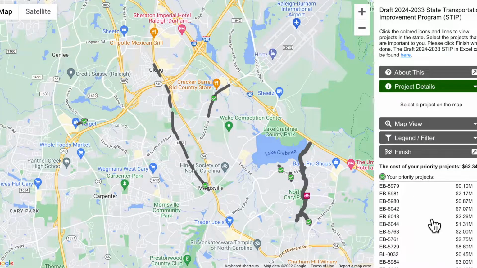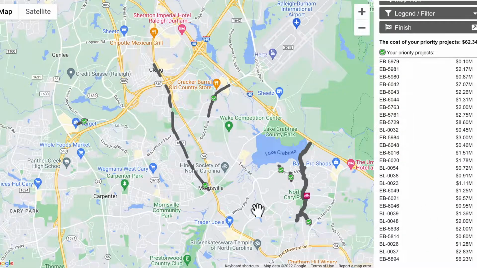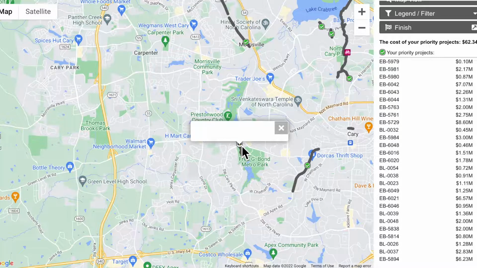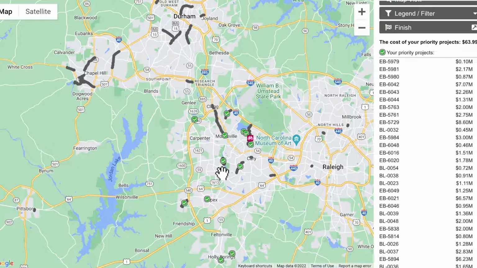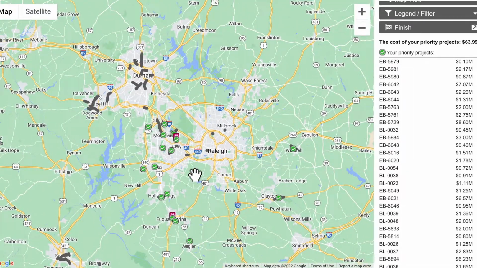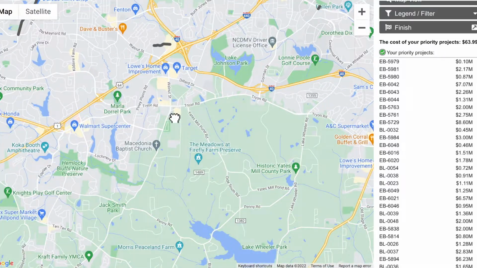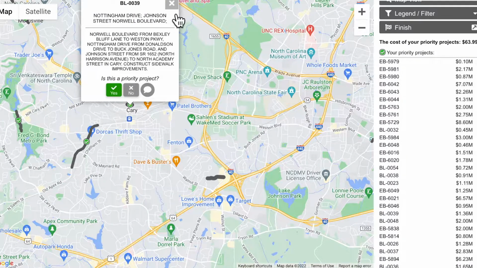So we're just cycling through here. We've gotten a list of projects. We're maybe about 5 minutes into this process. Just trying to let you see how the selection process works, how it's confirmed on the right side of the tool. And then we're going to go through the finishing process in just 1 second.